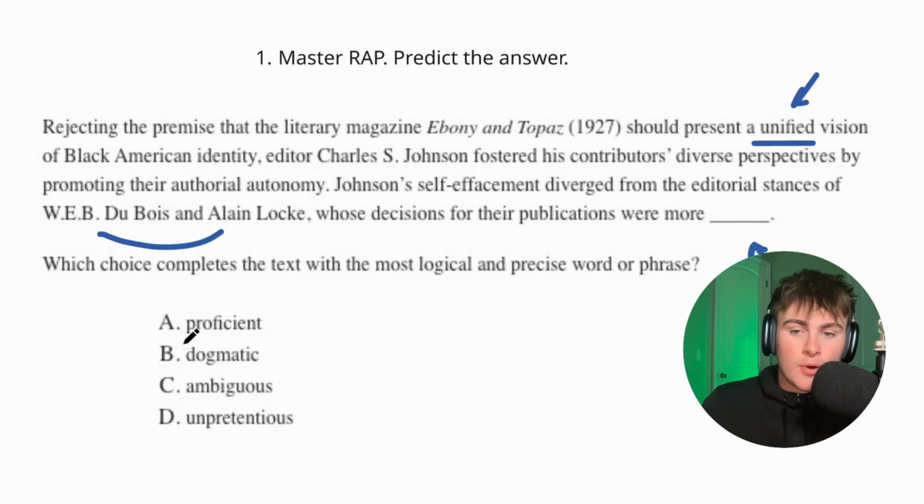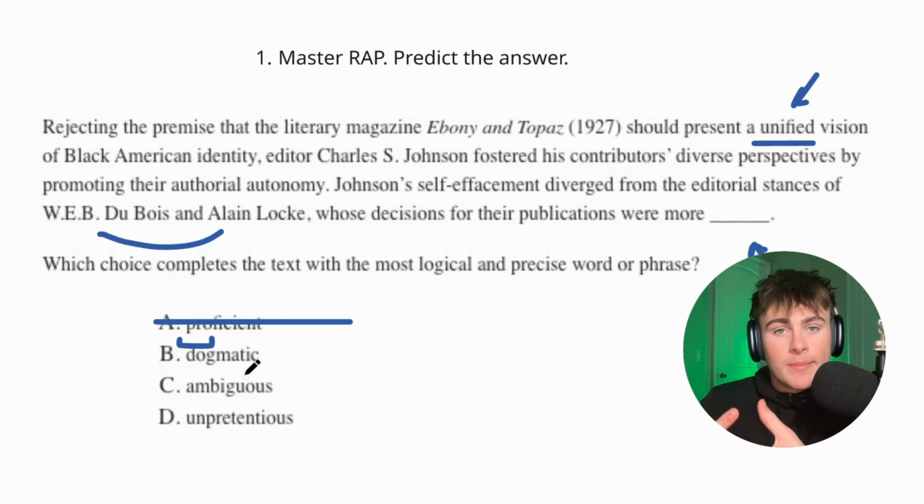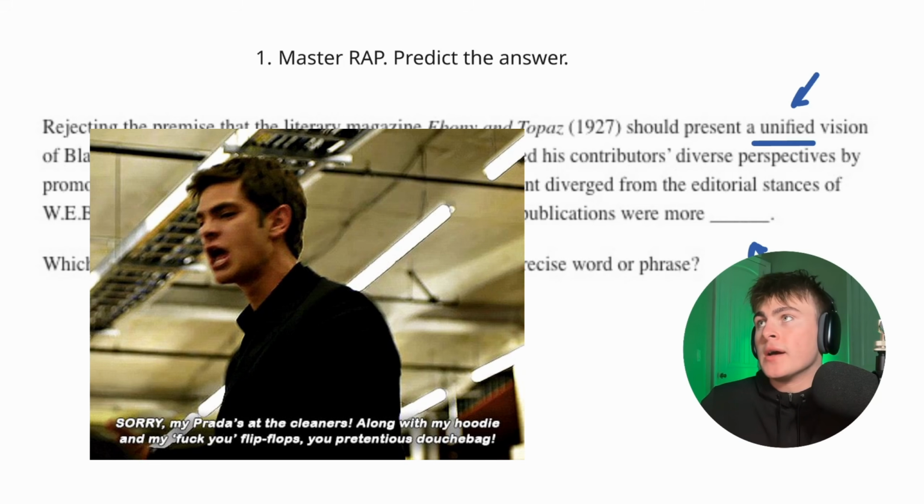Another way is pro. Pro is something that is positive or good. So proficiency is something to do with that. Probably not something to do with unification or being all the same. So kind of just an irrelevant word here. Therefore, it's probably not going to be A. So we can cross that out. Unpretentious. Pretentious is a pretty common word. Pretentious means you are egotistical a little bit. You're kind of condescending maybe. So pretty irrelevant to being unified or all the same.